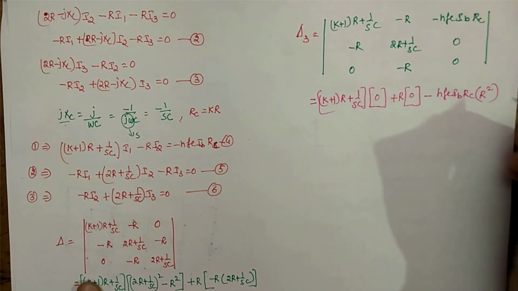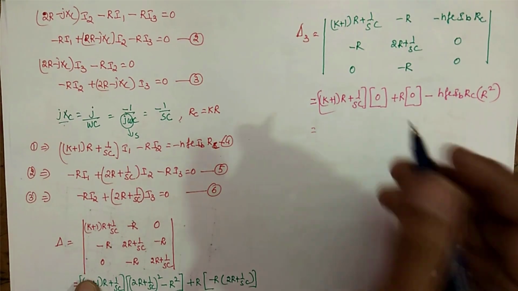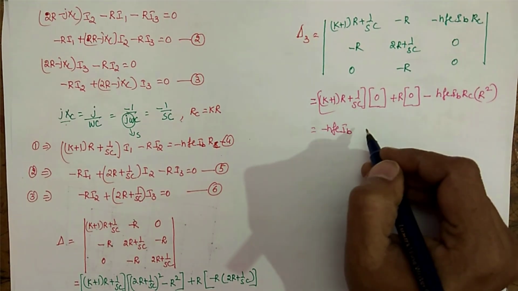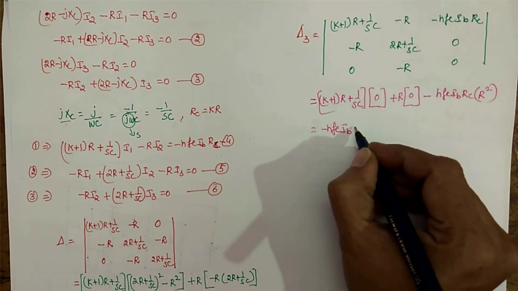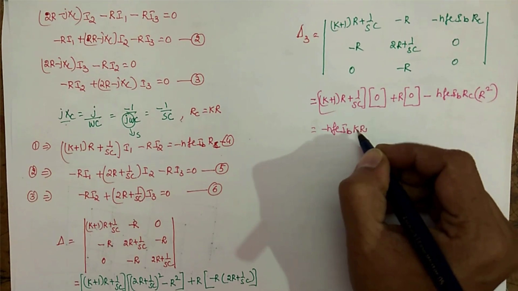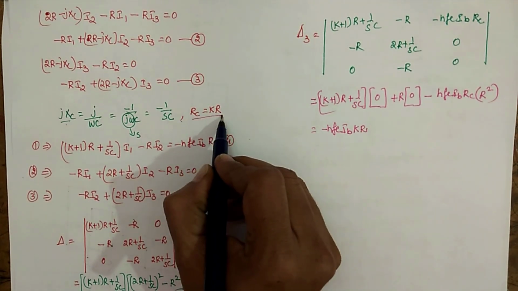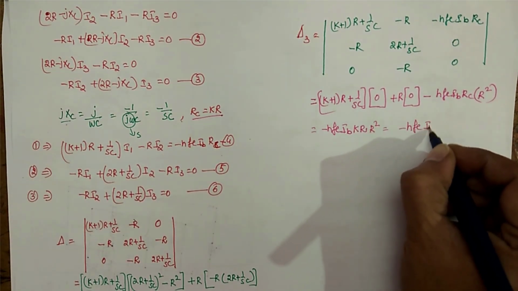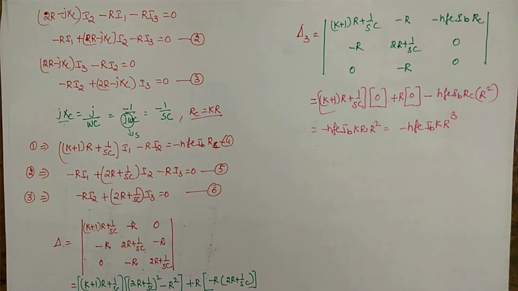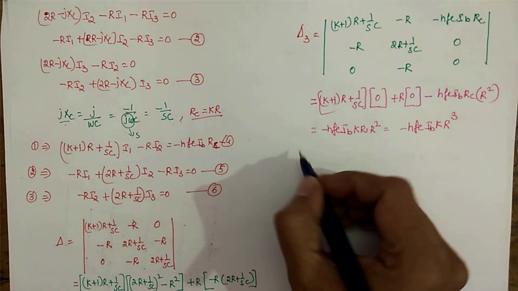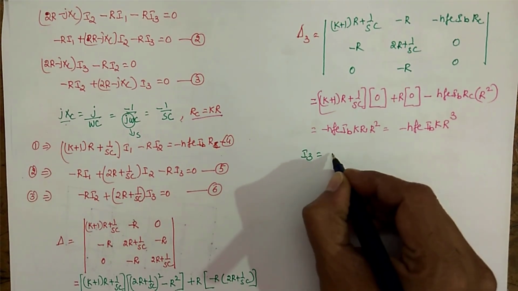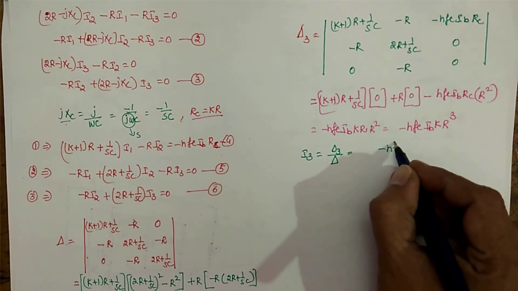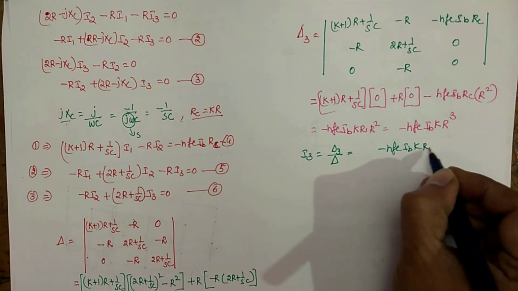R square. So what is totally your delta 3? It is minus HV IB. In the place of RC, write KR. Already I told you just take RC is equal to KR into R square. So it is minus HV IB KR cube. Then what is your I3? Now I3 is delta 3 by delta. What is delta 3? Minus HV IB KR cube by